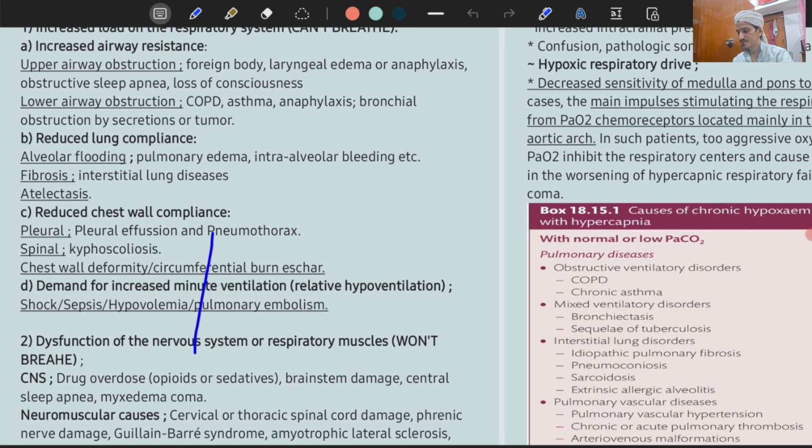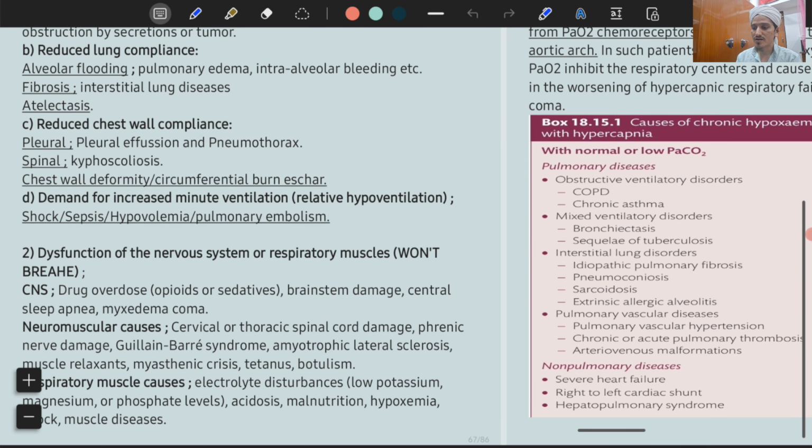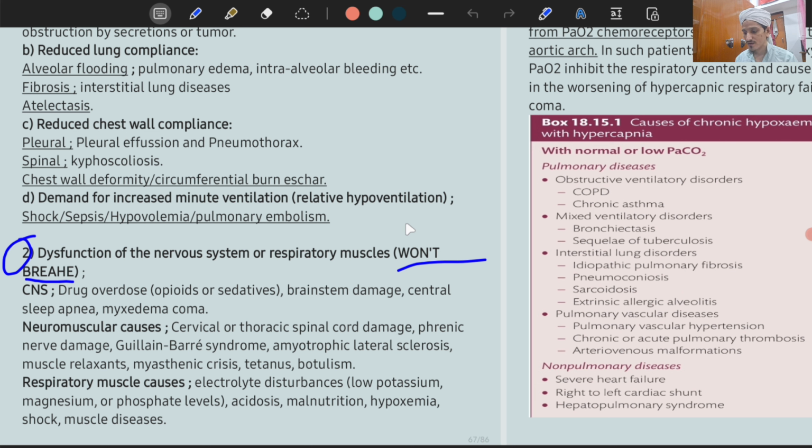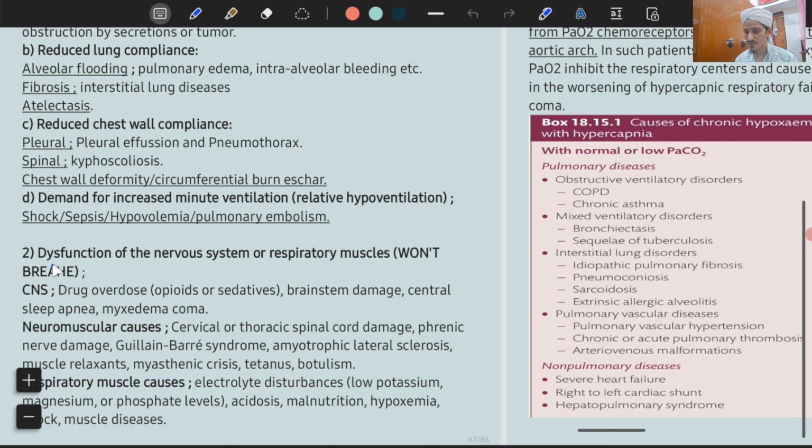Moving forwards, the second most common cause is that the patient won't breathe. You can remember that as won't breathe. Okay. So the causes are